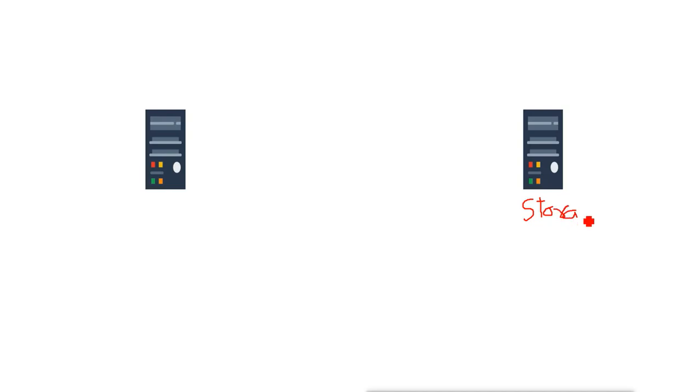If we have only a single path or single line, and this is the initiator client, and it wants to connect to the server with only one path, there is a switch here and these two are connected together. Now if there is only one path to the storage and this path goes down, then what happens? This server will lose the connection to the storage and lose the application access.